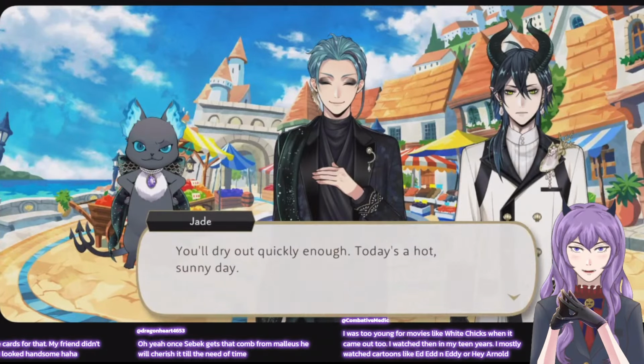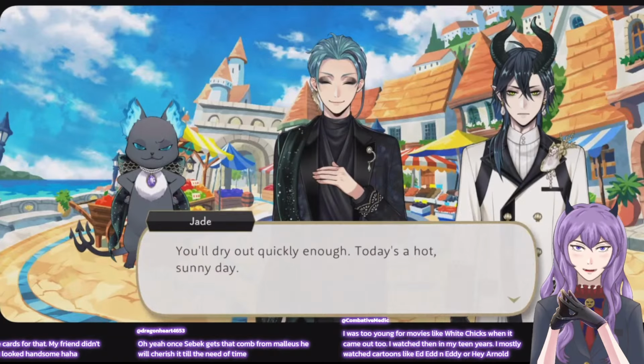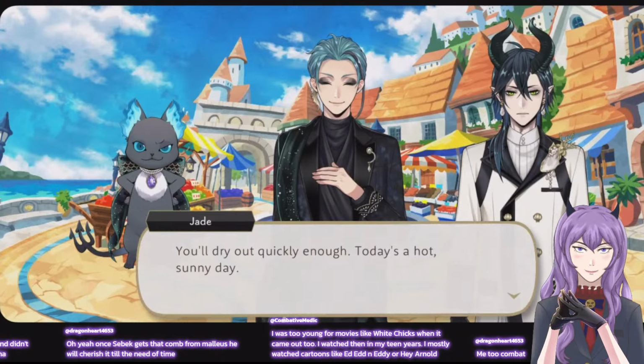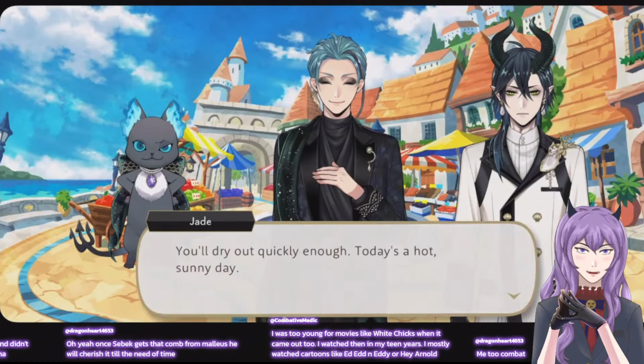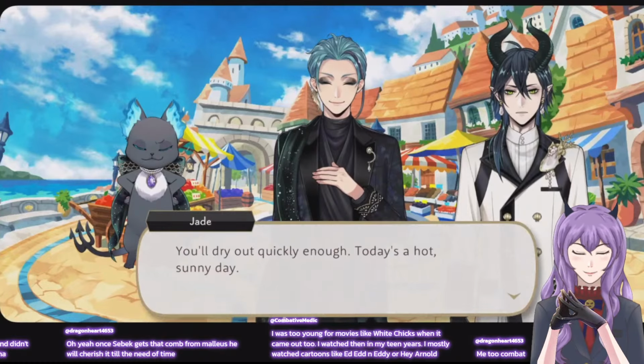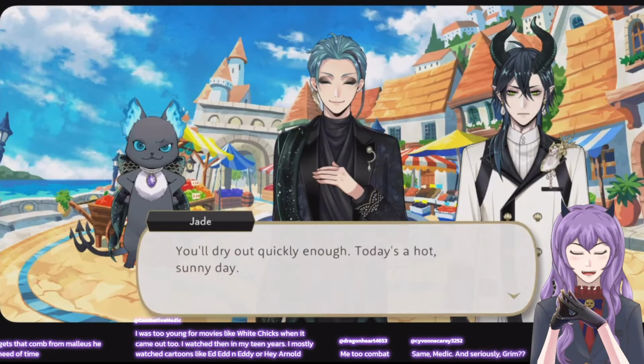We draw quickly enough to get a hot sunny day. If it's a hot sunny day, how are you not baking in what you're wearing? Is this magic? I want to learn this magic too. How do I dress cute and wear my nice clothes and not die in the summer when I walk outside?